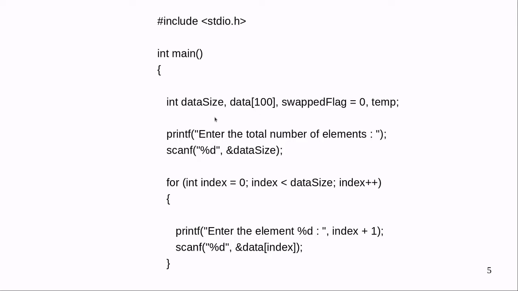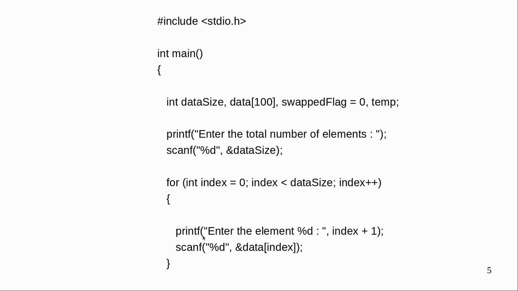For index equal to 0, index less than data size, index plus plus. If in our example the data size was 7, index would take the values 0, 1, 2, 3, 4, 5 and 6.